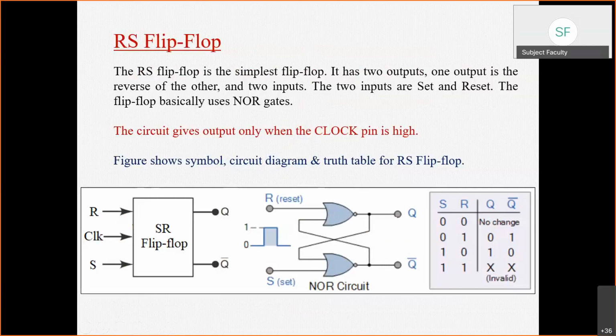For example, if I am talking about the AND gate, then what is the working of the AND gate? If any one of the inputs is 0, the output will be 0. Okay. Or you can also say like this, the output of the AND gate will be 1 only when all the inputs are 1. So I want a similar working description. If anyone knows the working of the NOR gate, then he or she can unmute and reply. You can also type in the chat box.